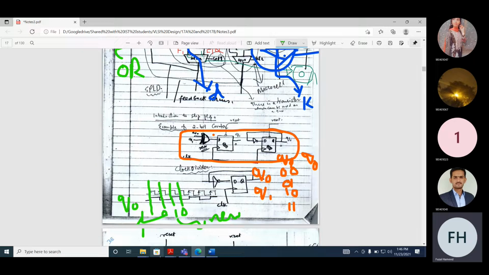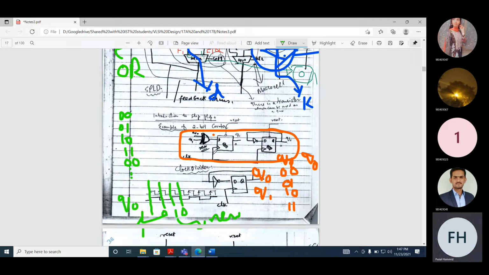Okay, when will Q1 flip? If you look at the pattern, it will look like this: 0 0, 0 1, 1 0, and 1 1. Then the pattern will repeat: 0 0. It will flip. When will it flip?